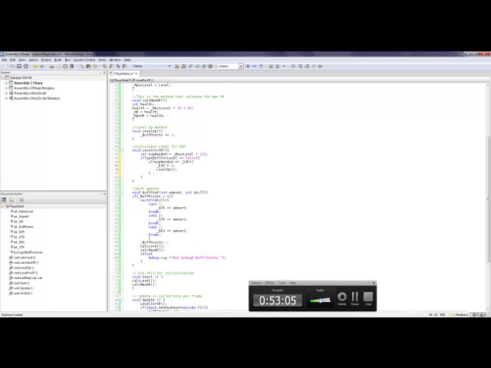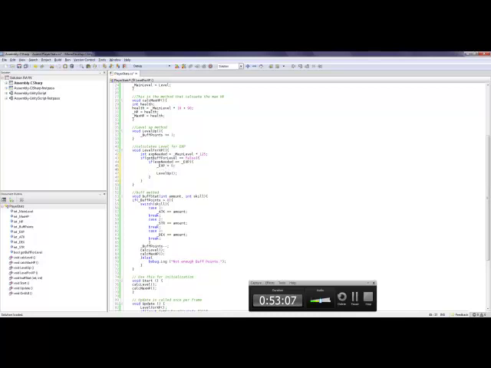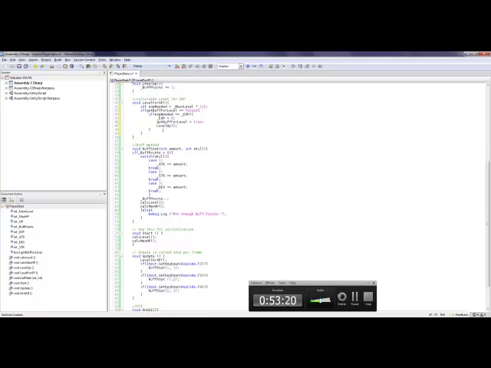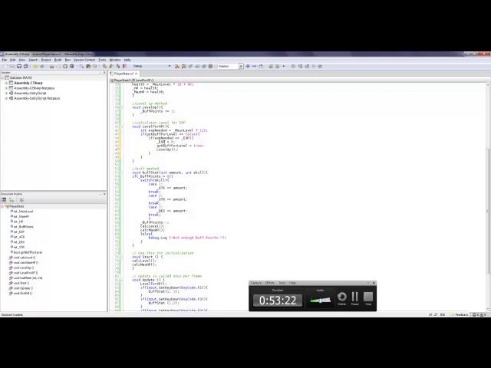And then we're going to go under our EXP equals 0, and we're going to do got buff for level equals true. Okay. So now, once it's called through all of that,